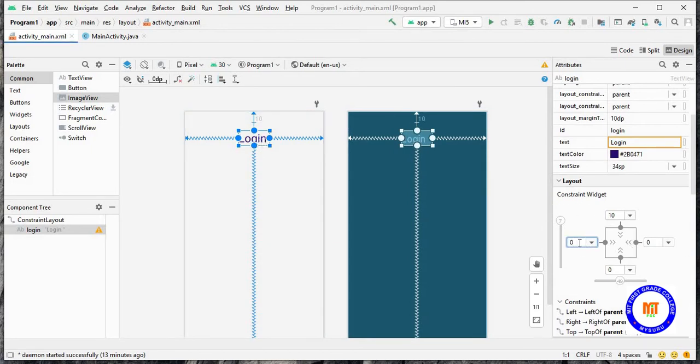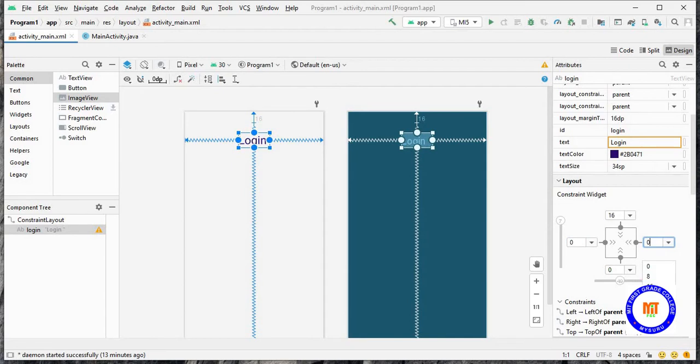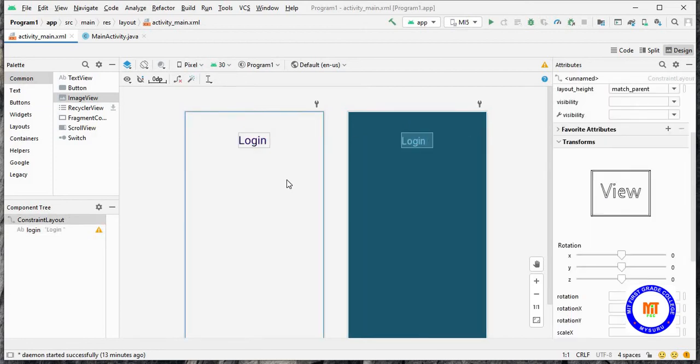So here you will be getting the options like from the top, from the left margin, from the right margin, where you can align your views. So like this you can change it. If you give equal number on both the sides, it will be aligned in the center of it.